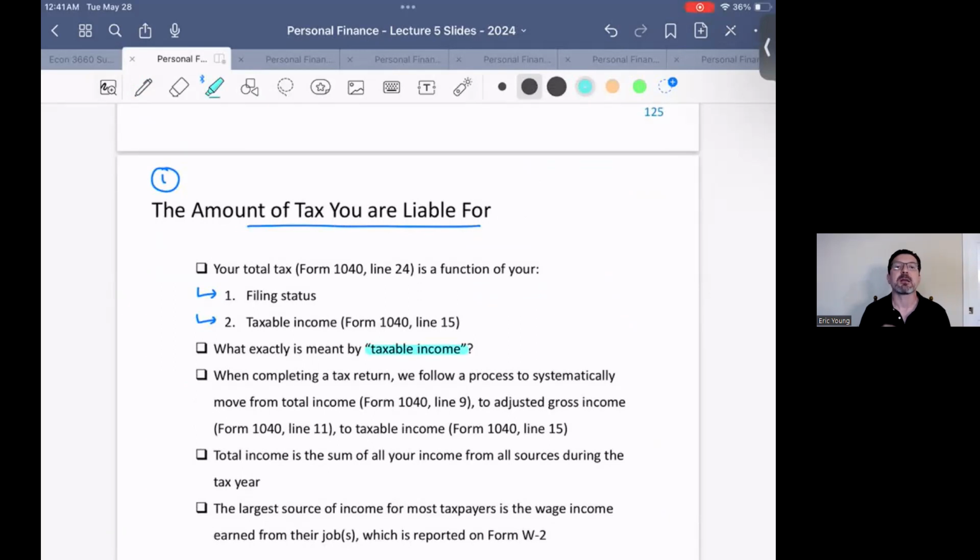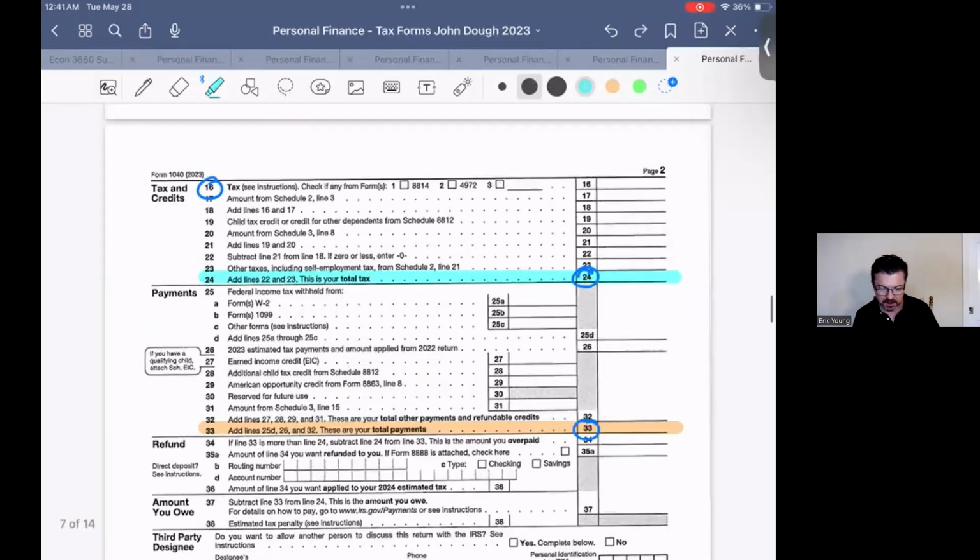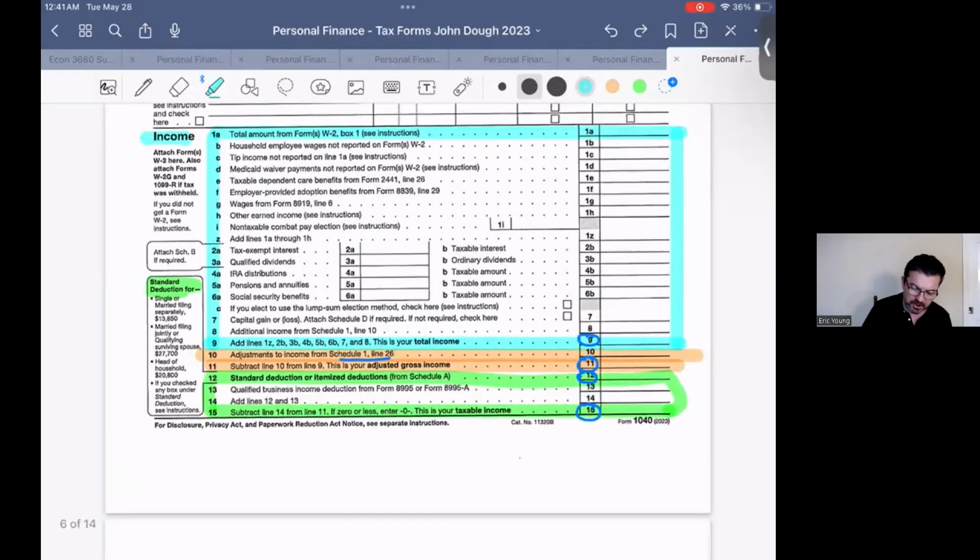It is not the total income that you earned, because your taxable income is way down here. So it takes all of your total income and subtracts your adjustments and subtracts your deductions. What this means is that hypothetically, you could make $100,000 in income this year, but maybe only have $80,000 as